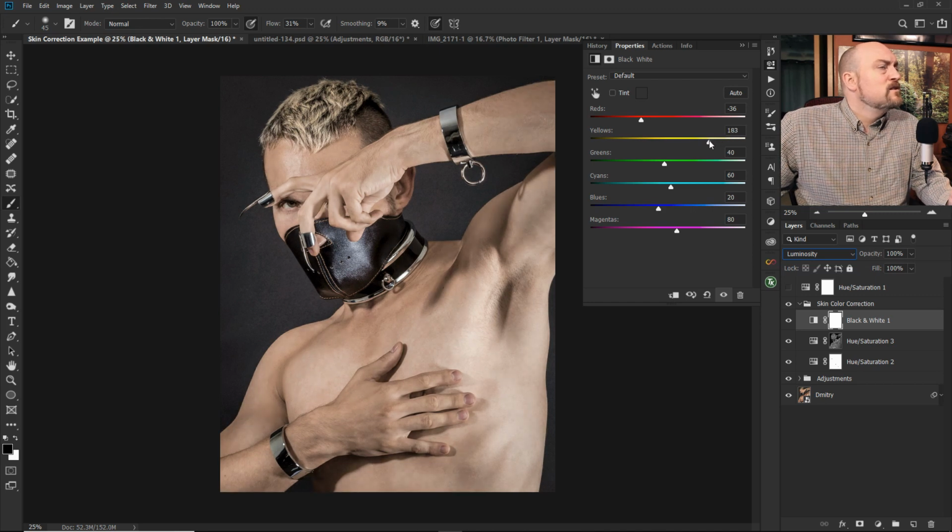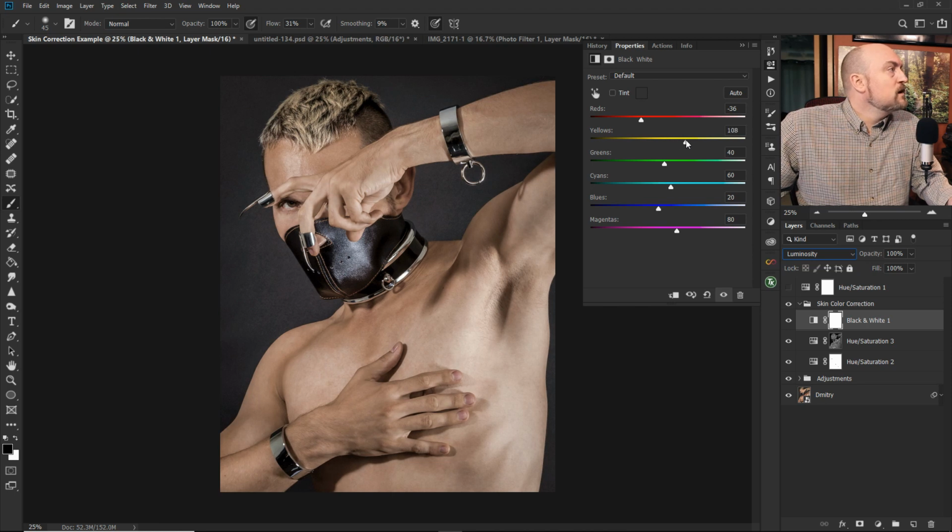So usually I try to do opposites with the red and the yellow. Reds are typically the shadow area of a portrait, with most Caucasian skin tones at least. The reds are typically the shadow area, so darkening those areas makes sense. And then the yellows are typically the more highlighted areas, so that usually makes sense for brightening up the highlights. So for this one, I think I'm going to,